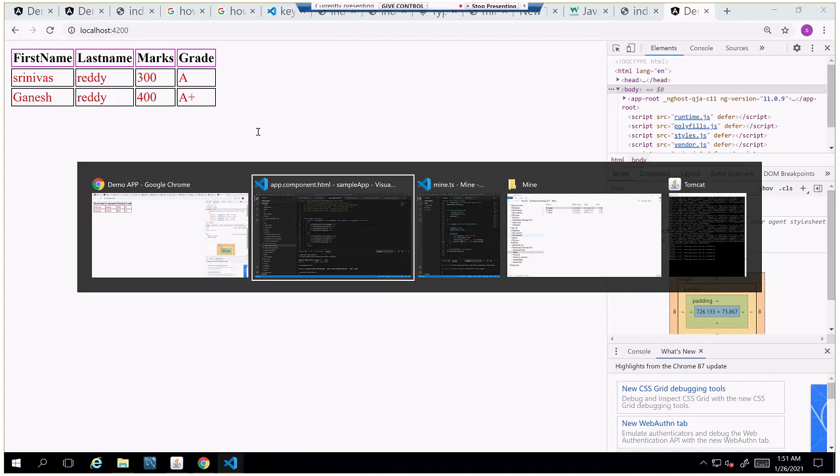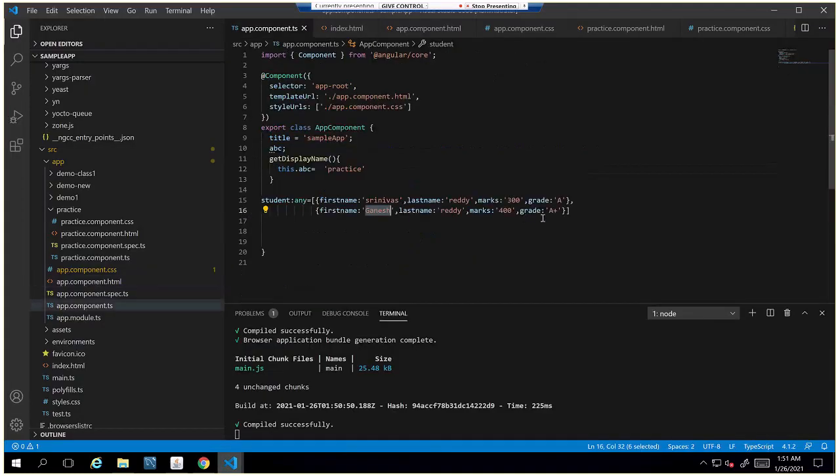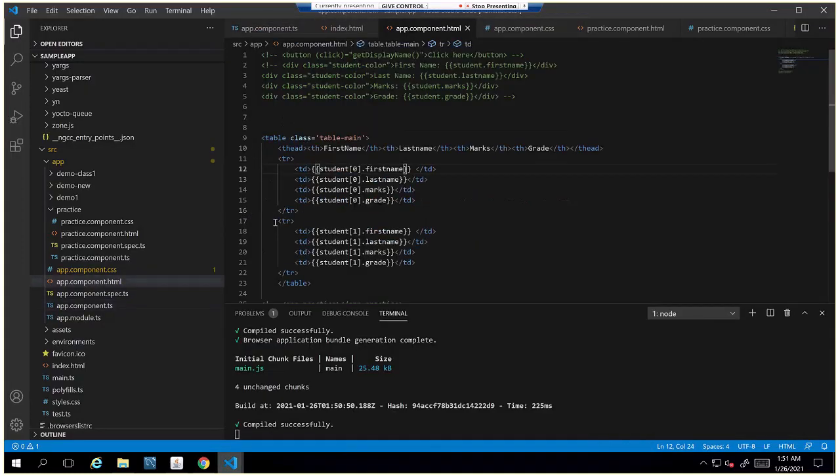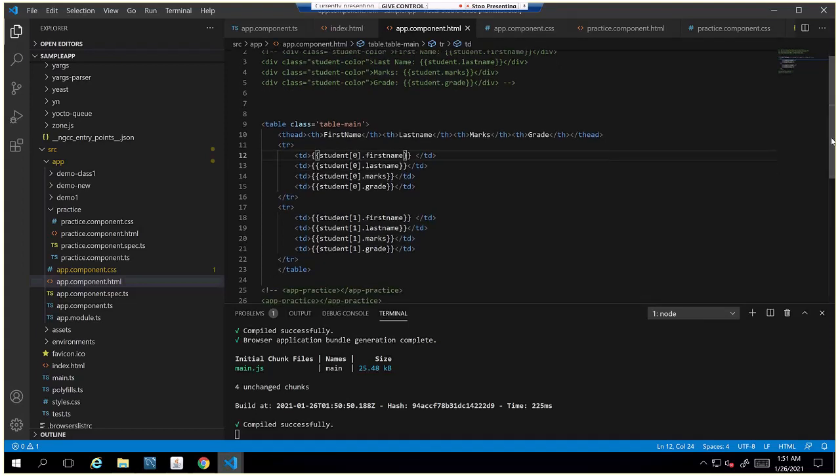And if you want to create multiple, you can add multiple rows here and copy these lines and print like that. But here, there are only 2 students. In real time, when you're developing an application, you don't know how many students will be there. So that's when the for loops will help you to display by index all the data that is available in the array.